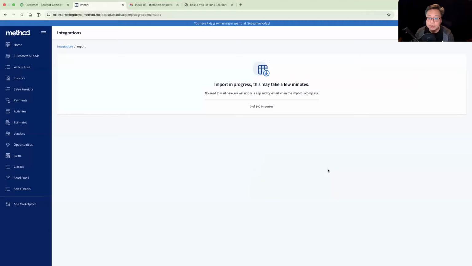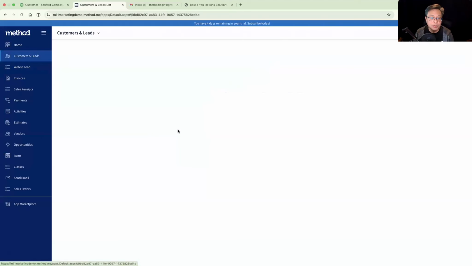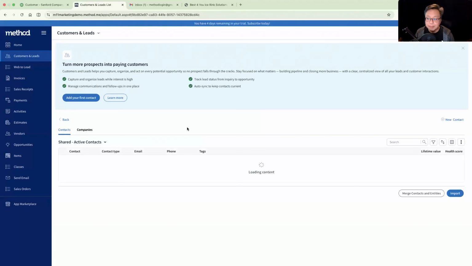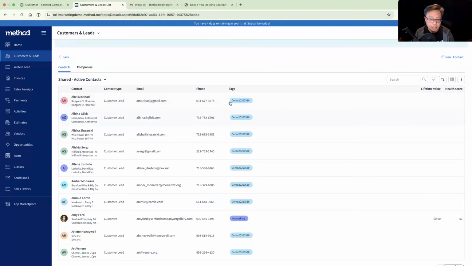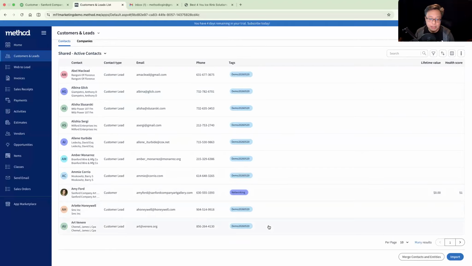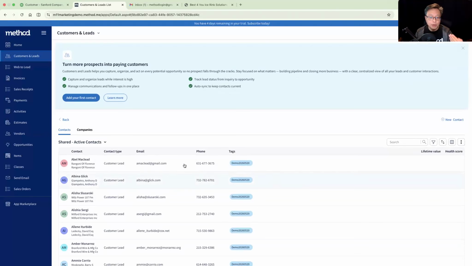So anyway, let's go ahead and do this import. And again, what I wanted to show here, this is just one way that you can import your leads. And then once it's done, again, it will go into our customers and leads, and these leads do not sync over to QuickBooks. Okay, and okay, they're done. I was just about to go and start something else because it was taking too long for me. And there you are. These are all the leads that I imported in, and then I also automatically tagged them so I knew exactly which ones I just imported here. And then once again, you can go through the normal process of dealing with your leads and even assigning them to different people and whatever your sales process is.